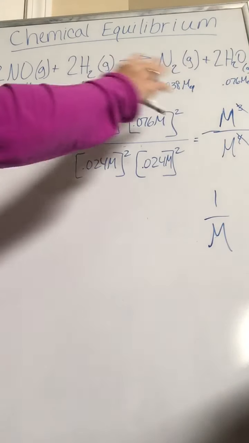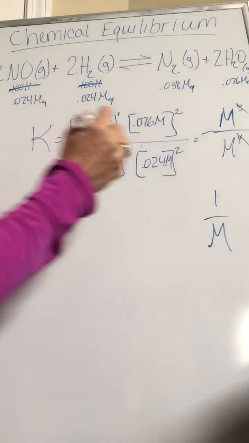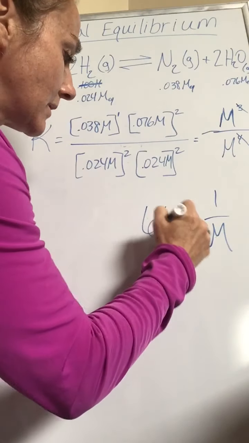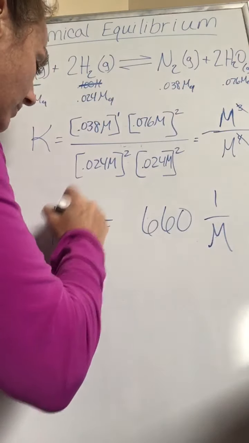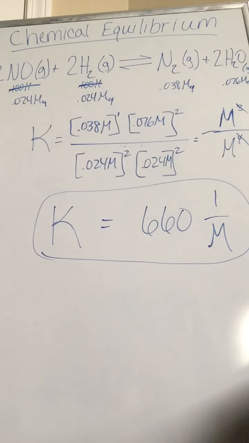And then if you do all this math, type it into your calculator, you get 660. Okay, and that equals our equilibrium constant for example 16.1. All right. So